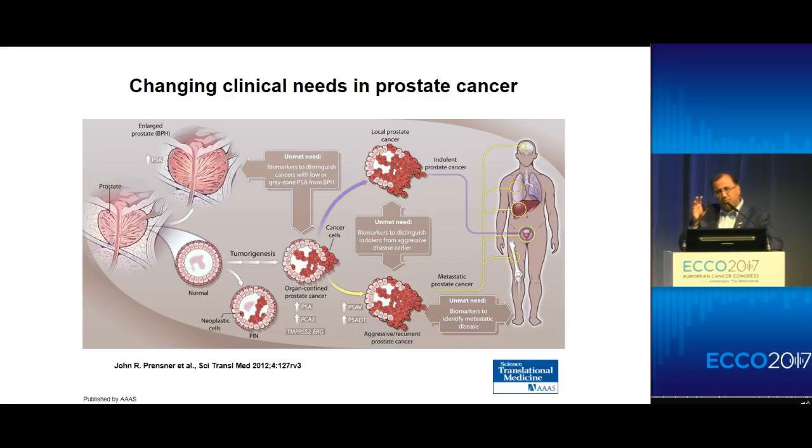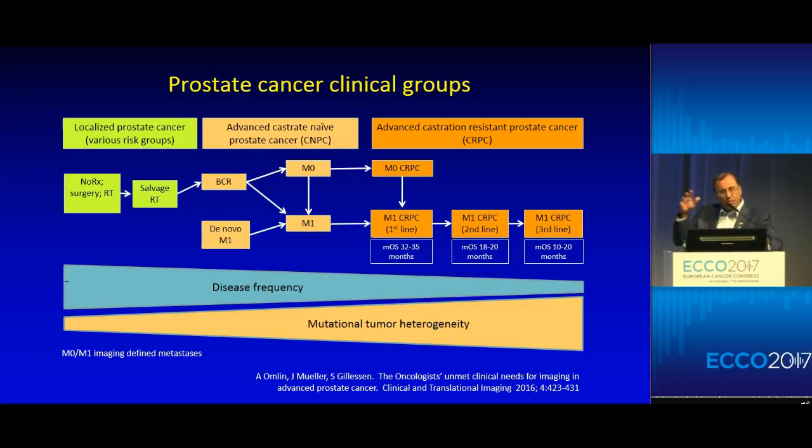Now, if we think about patients who have cancer, we can broadly divide these patients into those with localized disease and those with advanced disease. And within these groups, there are certain cancer states, and I've just outlined them here. The important thing to remember is that the disease frequency decreases as you go from left to right because you hopefully cure patients. But as you move to the right, mutational tumor heterogeneity increases, and that makes different challenges as patients progress